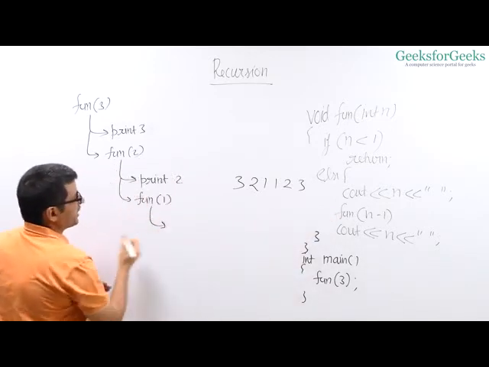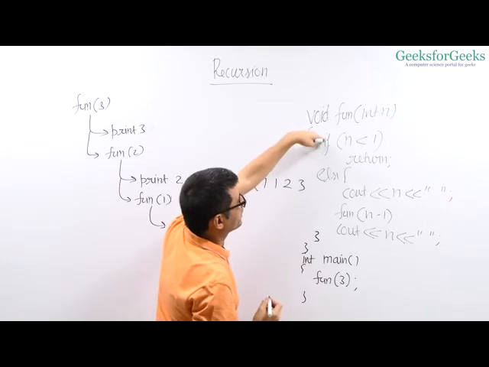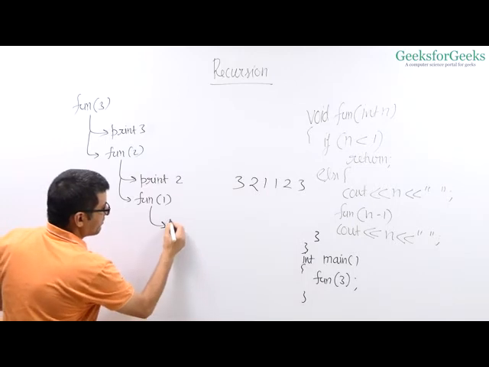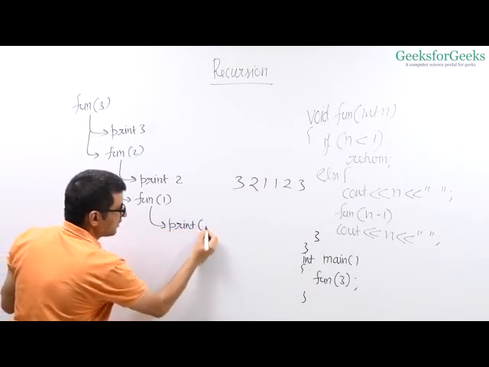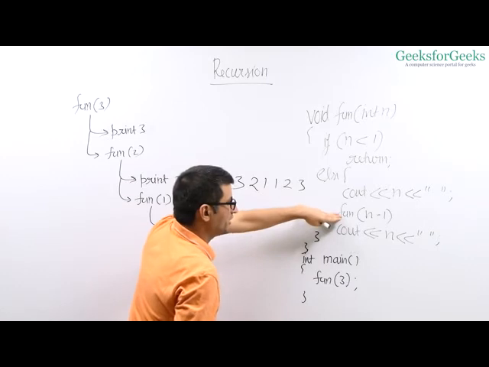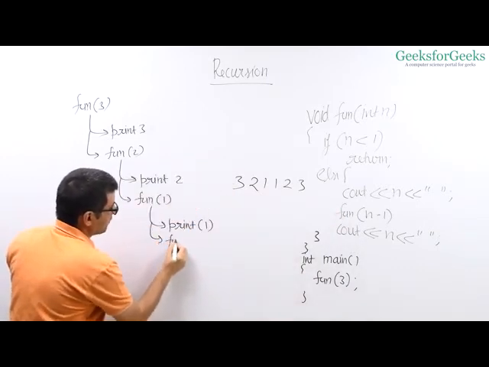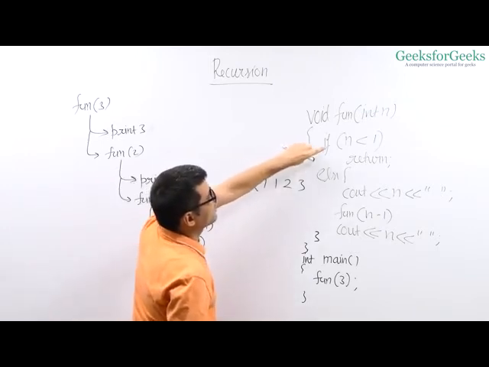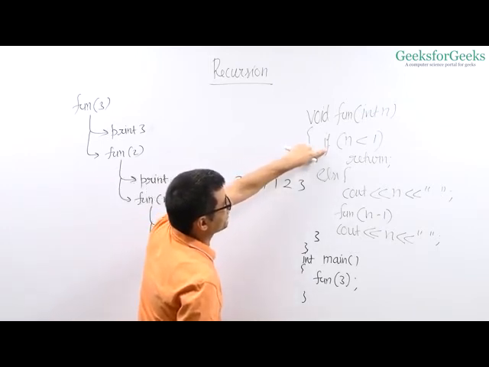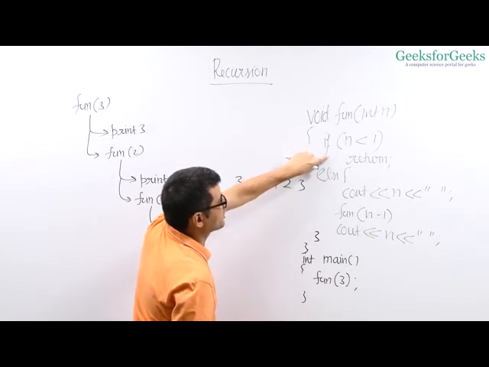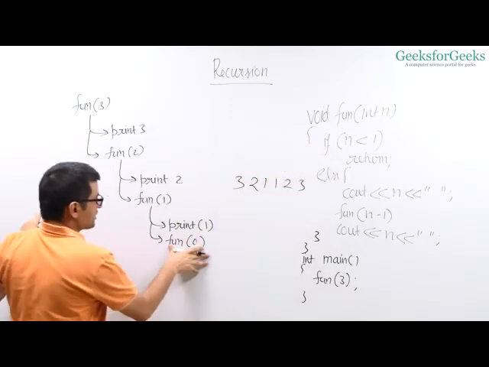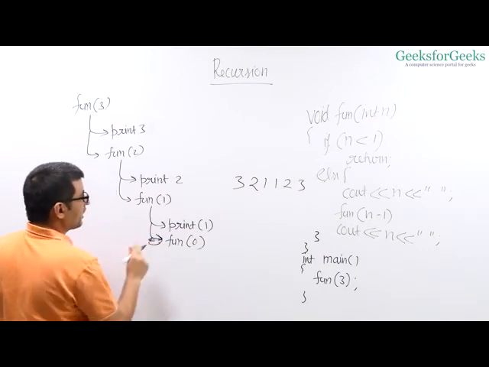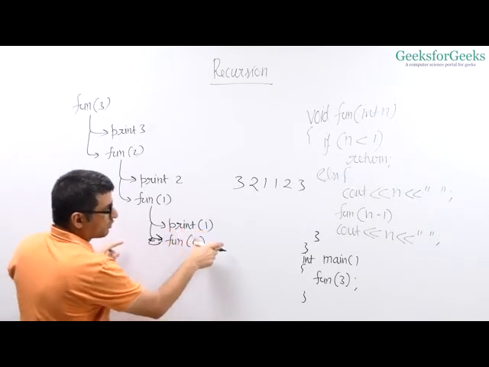Fun1 again starts its execution from this point, and it goes into the else part, right? And it prints 1. Then it goes here and makes a recursive call for fun0. Fun0, when called, goes inside the if condition because n is smaller than 1 now. So for 0, you return immediately. Fun0 doesn't do anything. It is called and returned immediately, right? After fun0 is over,